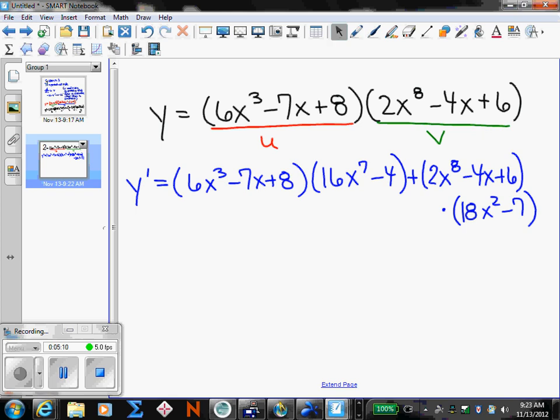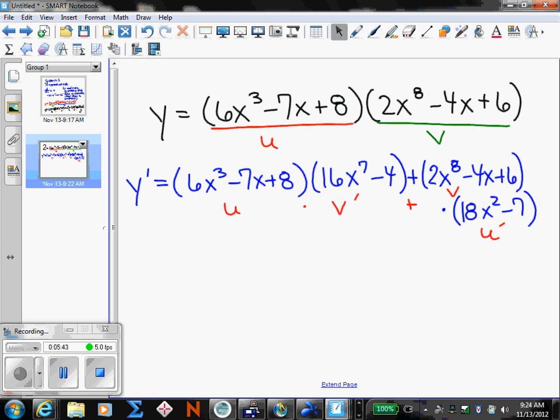Okay, so let's review the formula again. U times V prime plus V times U prime. Leave it like that. At this stage, we're not interested in simplifying. Okay, put me on pause if you want to take a little bit more time to put this into your notes. We are going to look at one other rule,